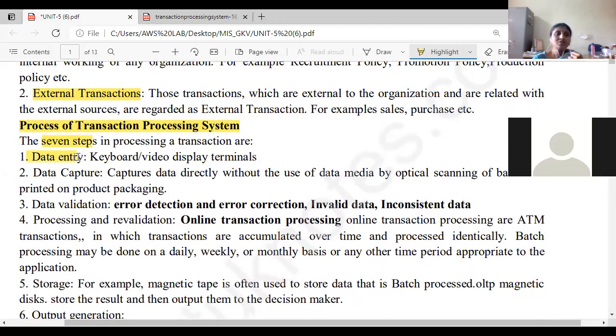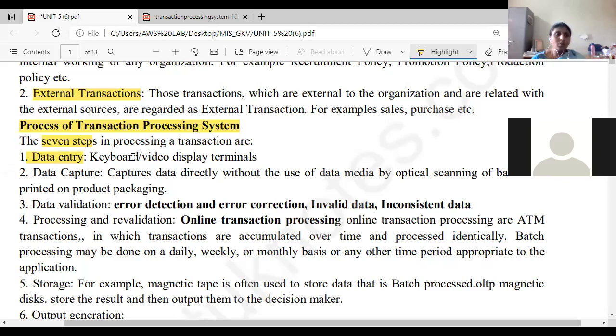First, suppose we take an example. You and your friend are having a conversation. What is the purpose of that conversation? You want to exchange some information. Some exchange of information has occurred between you, and with that exchange of information, both are affected. That is called a transaction, a general example.